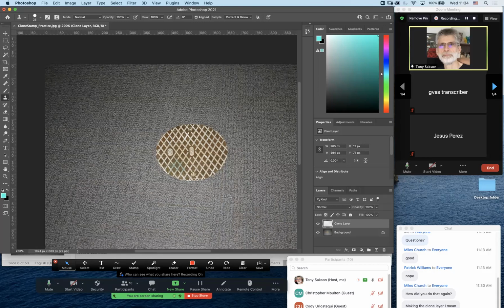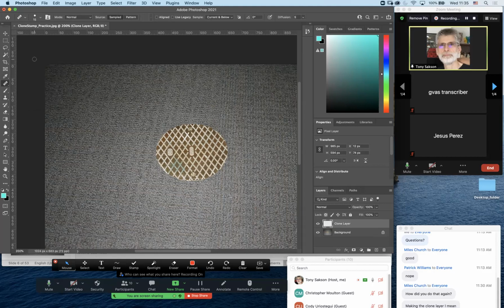All right, so clone stamp, we are covering up the pixels entirely. We're not trying to blend anything together. Now, the healing brush looks like a little Band-Aid. So if I click on it, anytime you see a little arrow in the corner of your Photoshop tool, that means there are tools that are similar to it in the list. So healing brush,